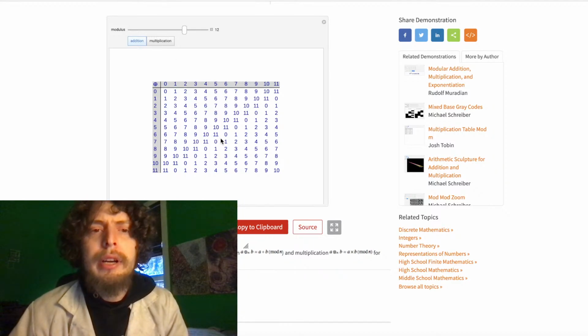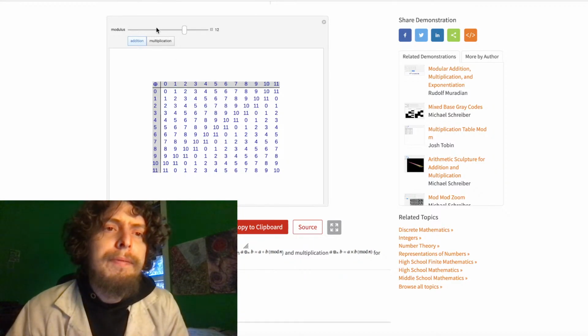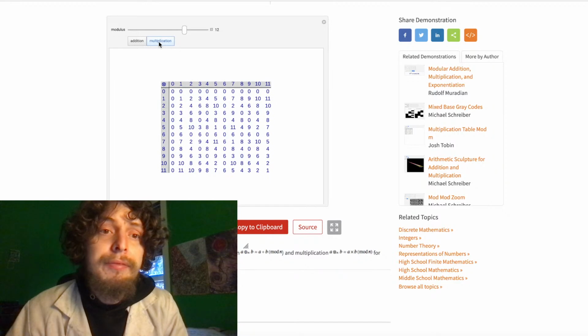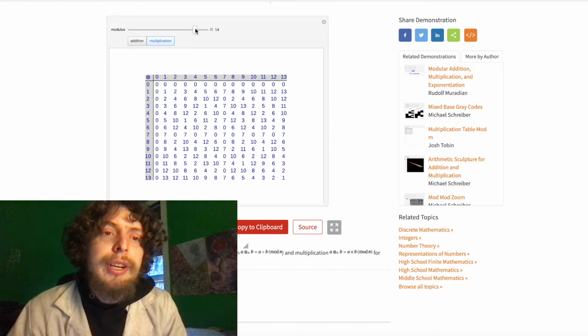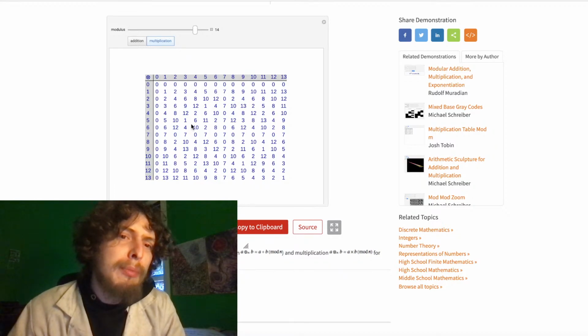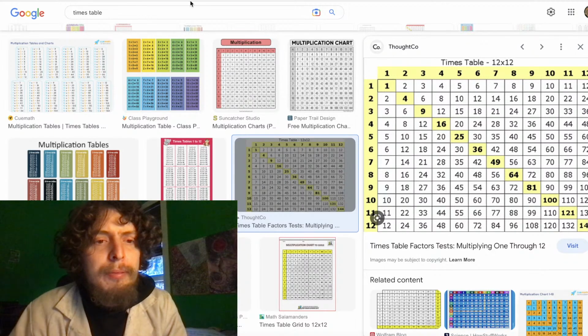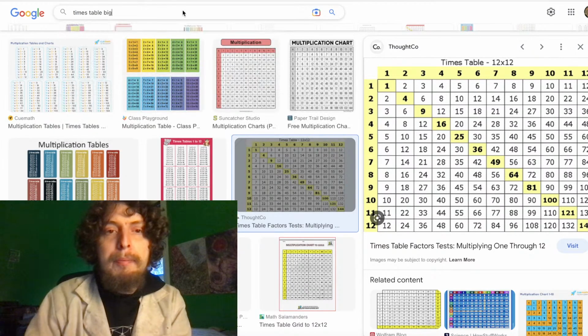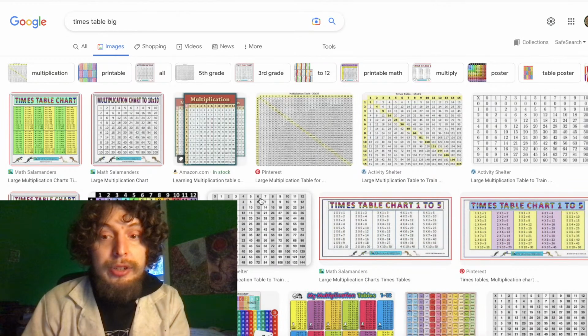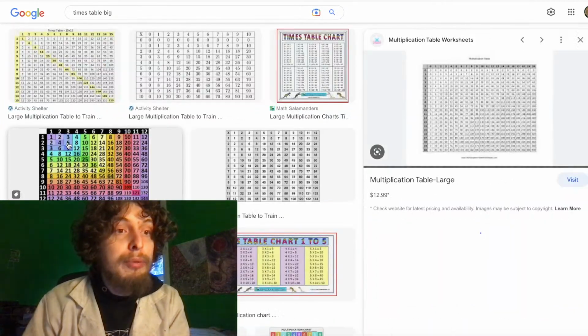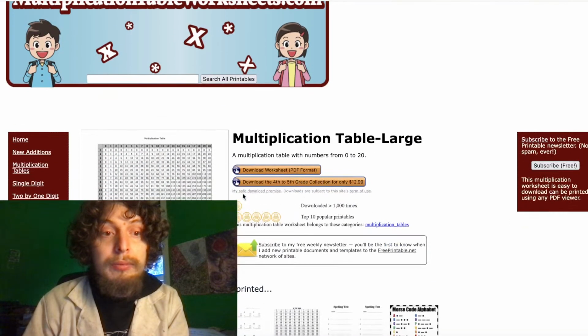But what we've got to note here is, under multiplication again, what if I try and see on a big mod where the multi-digit numbers hit? It's kind of confusing because the bigger multi-digit numbers became small again, so we can't really see that. But on a normal times table, let's look at times table big. And where's a big one? Okay, here's a pretty big one. So on this times table,